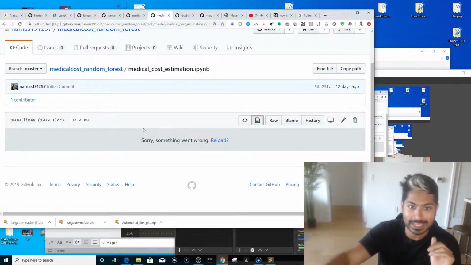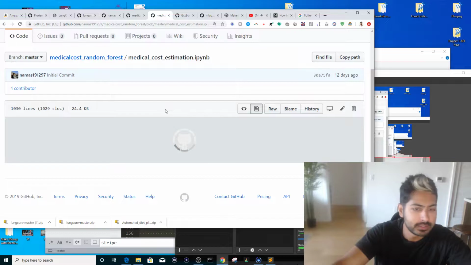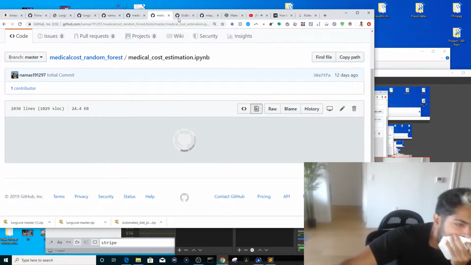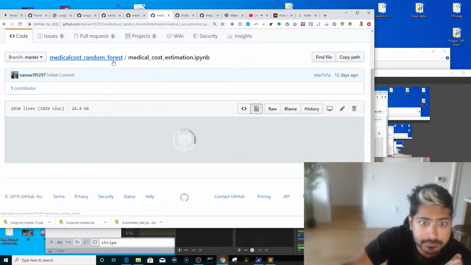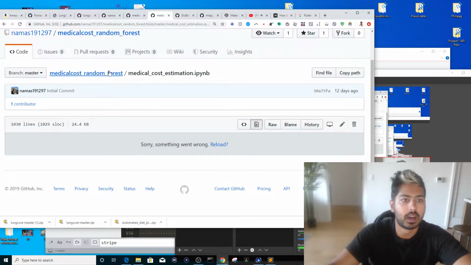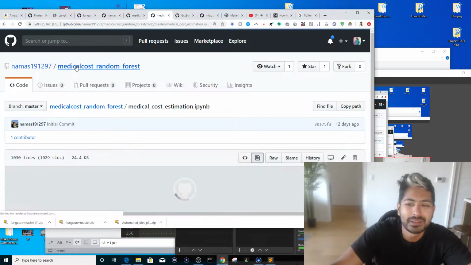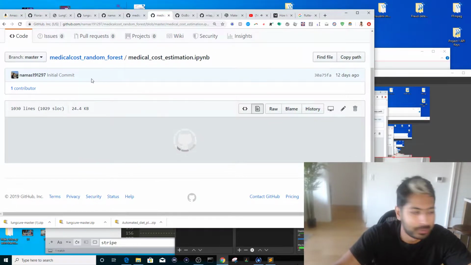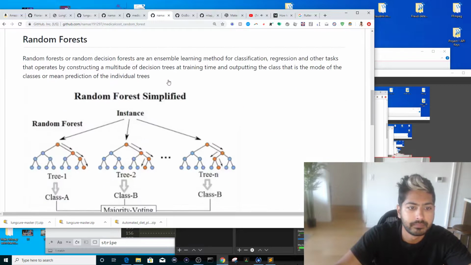Gasp, right? They used a random forest. What? Come on, guys. Come on, GitHub. Really? Load up for me. Sometimes GitHub does this where it doesn't want to load a Jupyter Notebook. Seriously, GitHub? All right, fine. All right. So anyway,